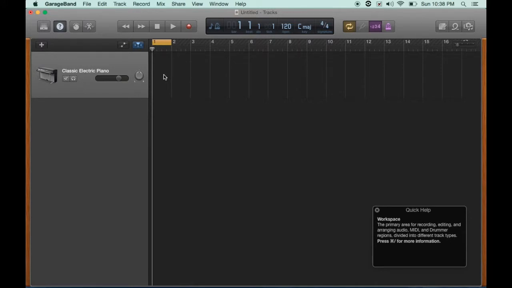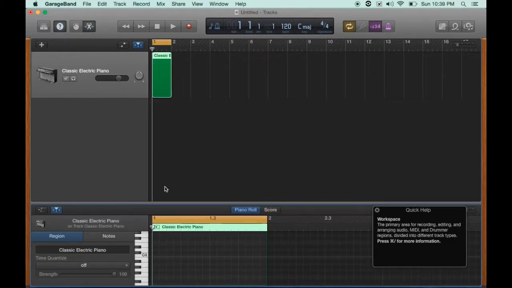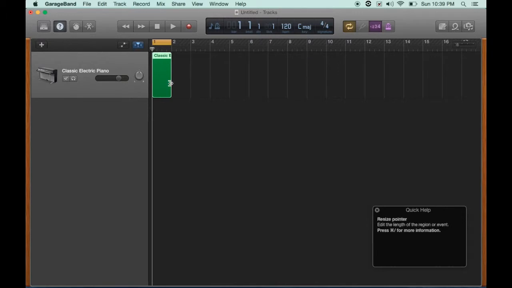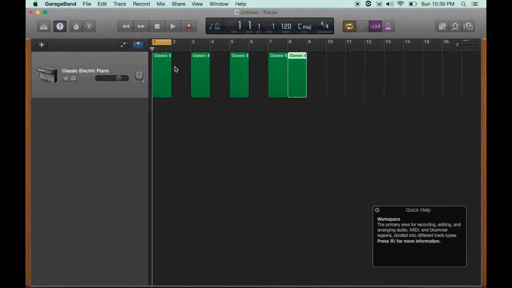Now, at this time I'm going to introduce a very important keystroke for this course, and it is the command click. Command click will turn your arrow, your mouse head, into a pencil. When I hold down command, I can then click, and I can build a block where I can put some musical information. So again, command click will let me make regions, which is what we call these here. This is called a MIDI region. That's, by the way, the green ones. And once I have opened up a MIDI region, I can then double click on it